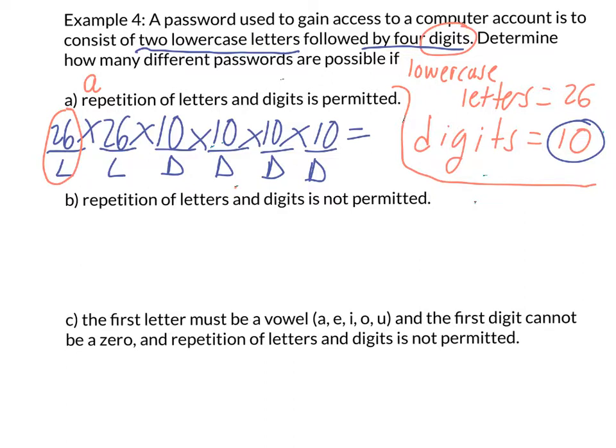So using the total number of choices for each spot in my password, I'm going to end up with a large answer, that's for sure. But when you punch this into the calculator, we have 26 times 26 times 10 times 10 times 10 times 10. I encourage you to try this in your graphing calculator at home while you watch this video. You might even want to pause the video, try it, make sure you get the same answers I'm about to get. You can use your graphing calculator app on your phone even. But when I punch it in, I get